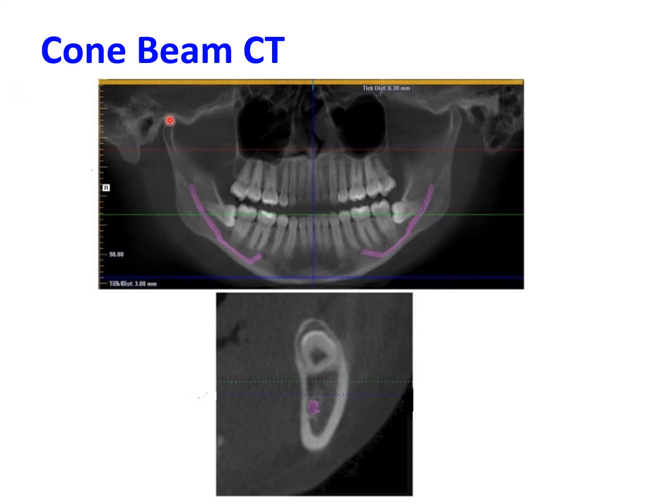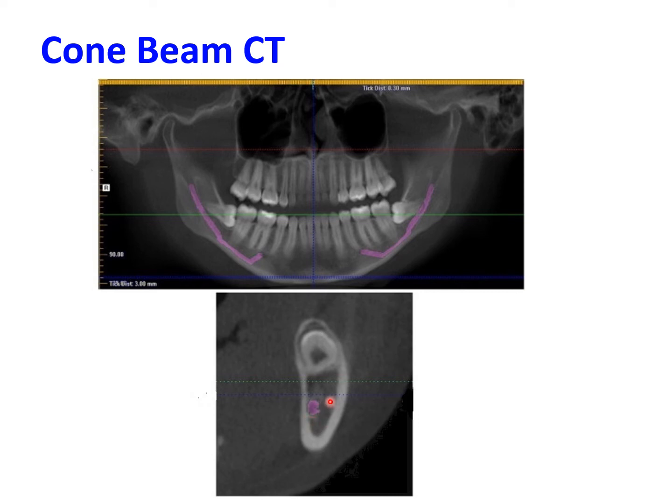So the panoramic view is the most common one which is used for assessment of impacted wisdom teeth. Using cone beam CT, cross-sectional views will show you the exact relationship of the inferior alveolar nerve canal with the root apices of the mandibular third molar. So on this cross section you can see the root apex of the third molar